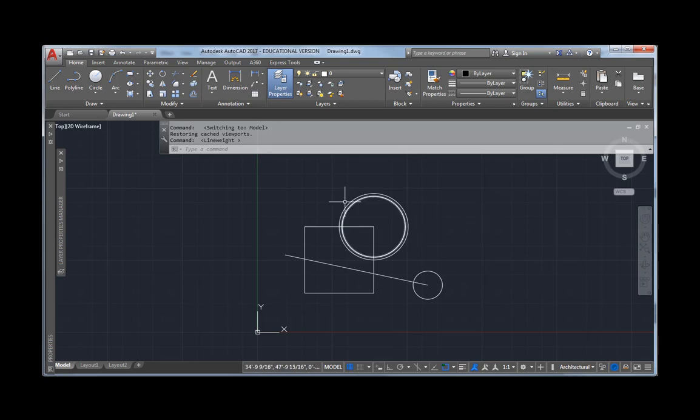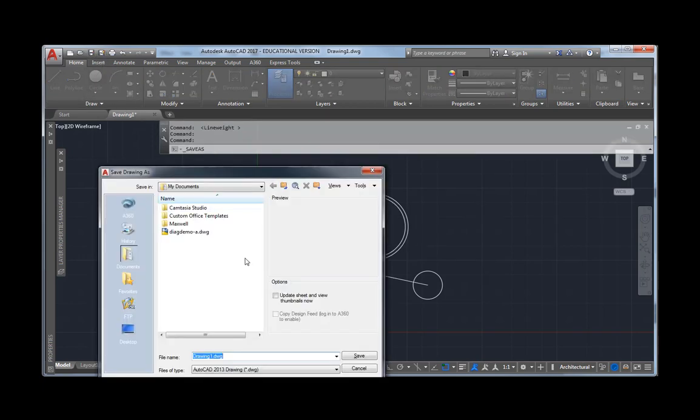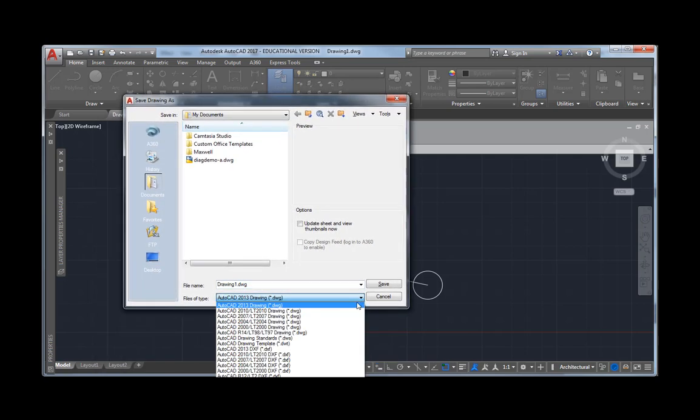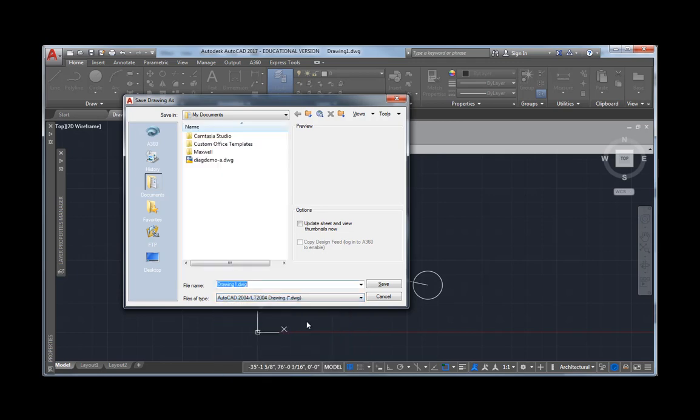Okay, now I'm going to save this file as an older version of AutoCAD, because I believe that certain versions of Illustrator, certain versions of the Adobe suite, do not read the current versions of AutoCAD. So going back to 2007 or 2004 would be safe. So if I just go ahead and do that,